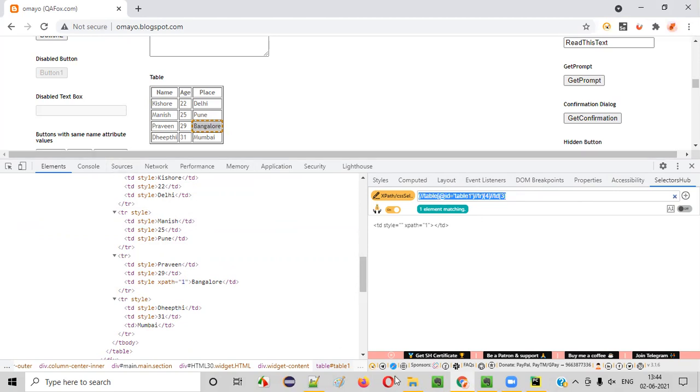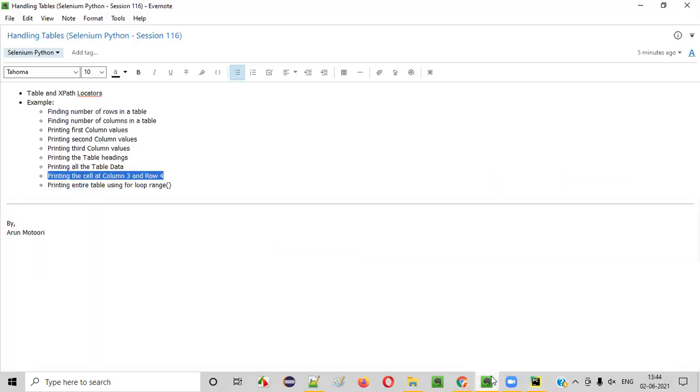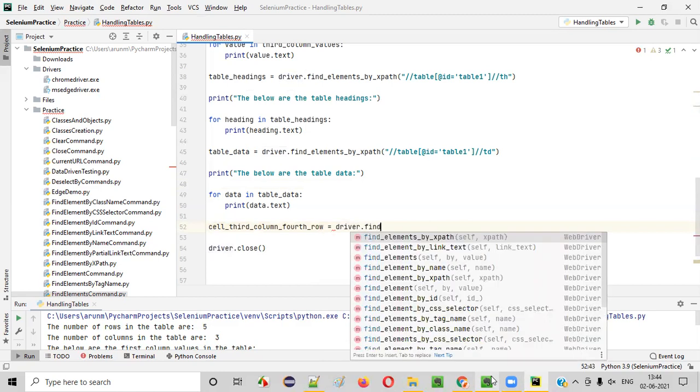Okay, copy this. What is this? Here only one element is matching, right? So I'll write something like this. Cell, third column, fourth row is equal to driver dot find element by XPath.